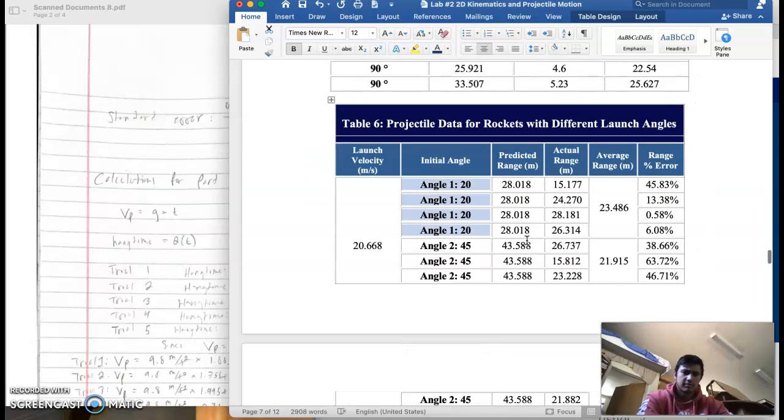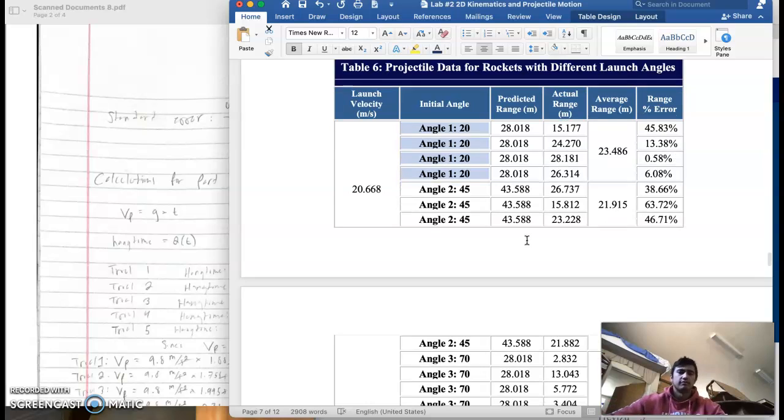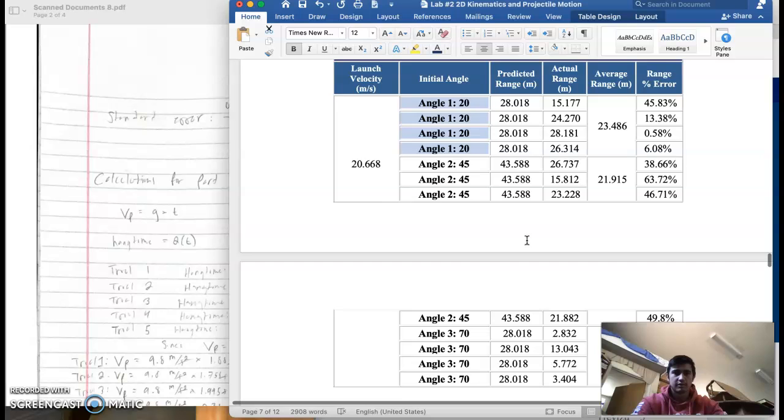So I did 5 of those up in the air, and then picked 3 angles: 20 degrees, 45 degrees, and 70 degrees. It was an accident to do 25 degrees above or below 45, because then it would get the same predicted range, but I didn't realize that until I had already recorded the values. So anyway,